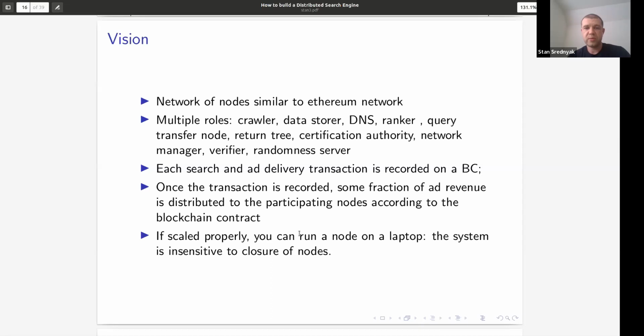The way we think about it is that each transaction is run by multiple machines, so they can cross-check each other. What I want to say here is that we don't assume reliability of nodes. They can go offline or they can misbehave in an arbitrary way. We'll be cross-checking them constantly.